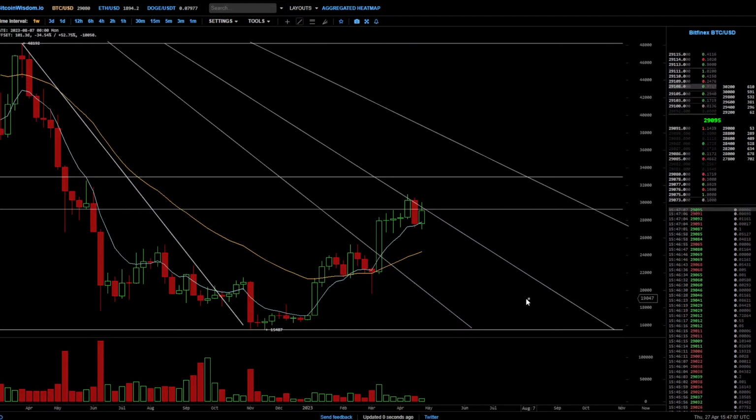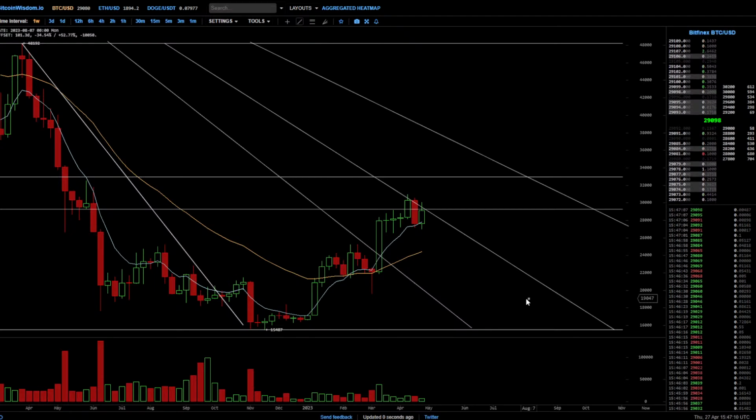Expect hacking, expect a lot of scamming to go on. Those are telltale signs that the bull market is on its way and it's here. What is it? Gosh, what do you call those crypto lockers